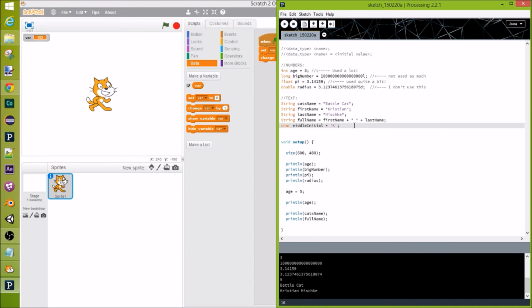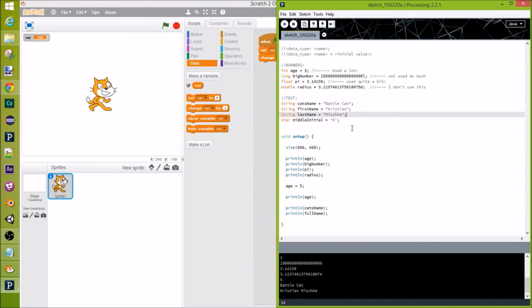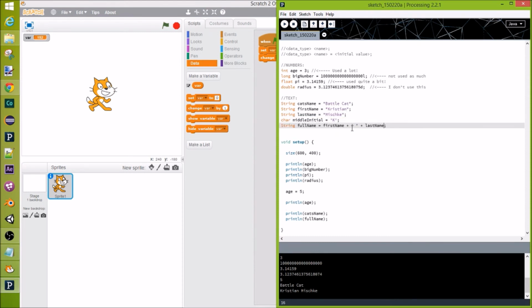This can be useful in plenty of cases. So yeah, I could move full name down here, and then paste it down here, and I could add a space, and then I could add characters, middle initial, plus space. We can also make this a character if we want, just a single space character, whichever way you want. So yeah, characters are compatible with strings,